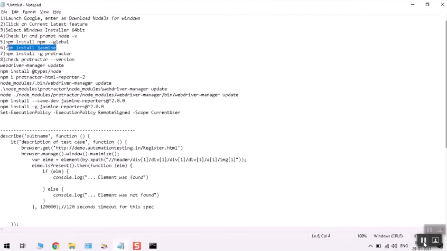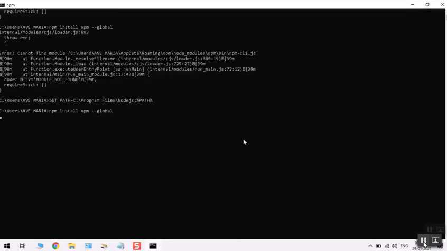Next we need to install Jasmine. This is for framework purposes. We are using the Jasmine framework in our Protractor coding. So let's wait until the npm global completes.